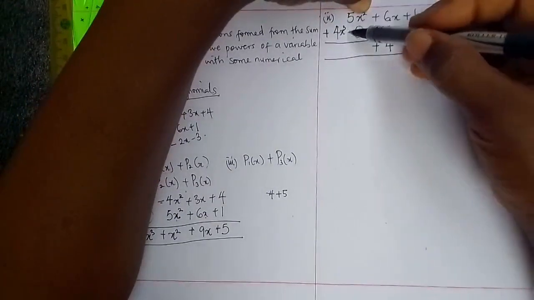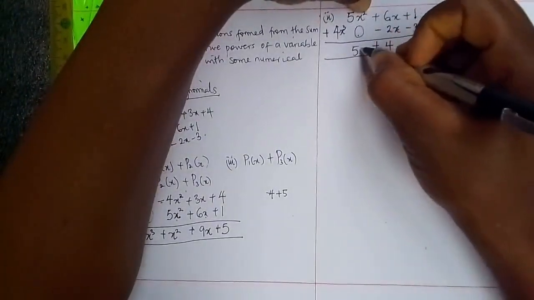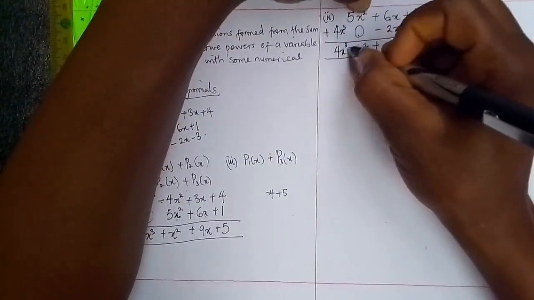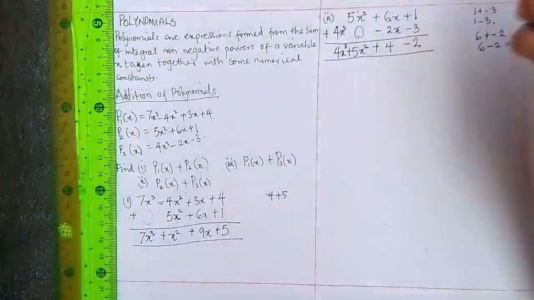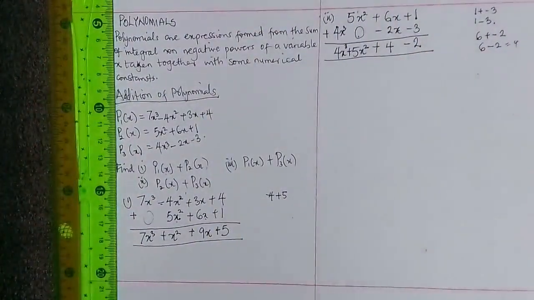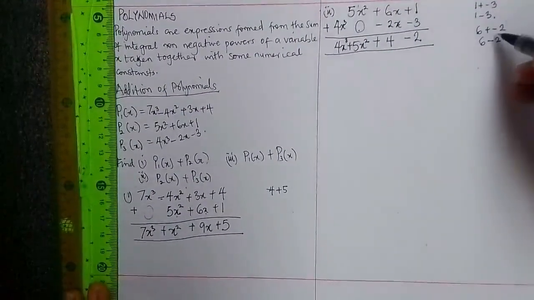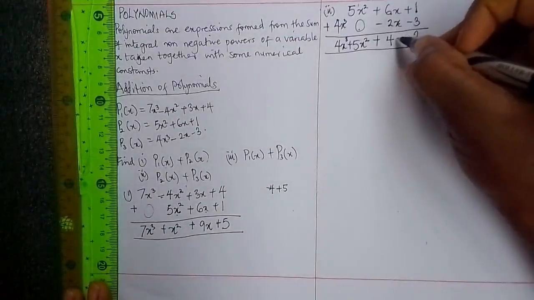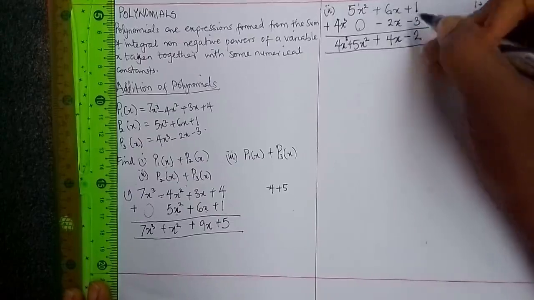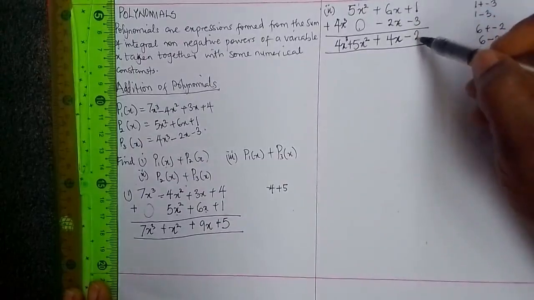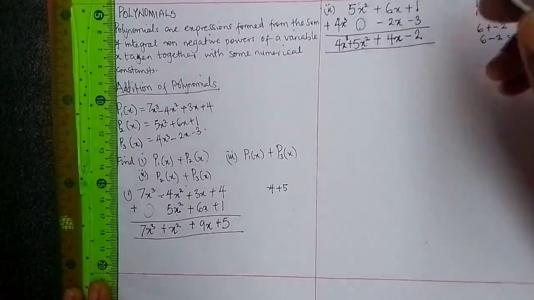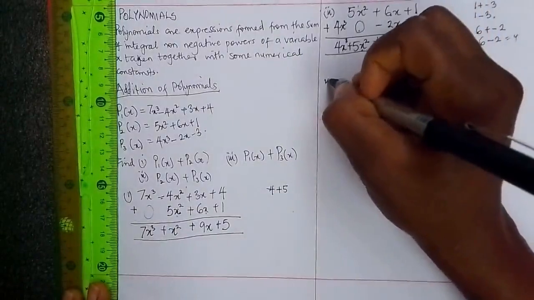5x squared plus nothing is 5x squared. Then we bring down 4x cubed. That's plus 5x squared because this is positive 5x squared. Recall, we said 6 minus 2 is 4, and it has its own variable x. We did not input the x, so this is minus 2 plus 4x plus 5x squared, then 4x cubed. Then the last one we are going to treat